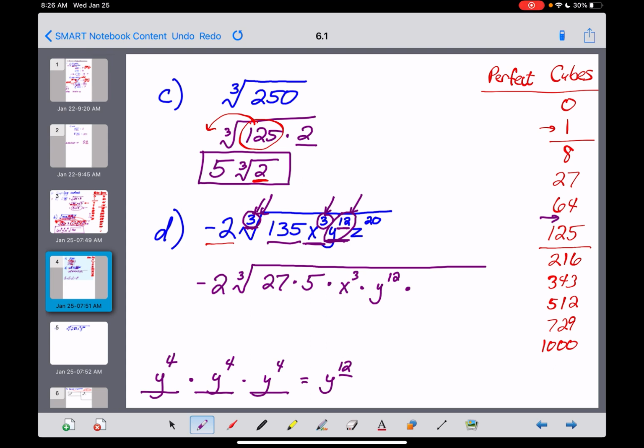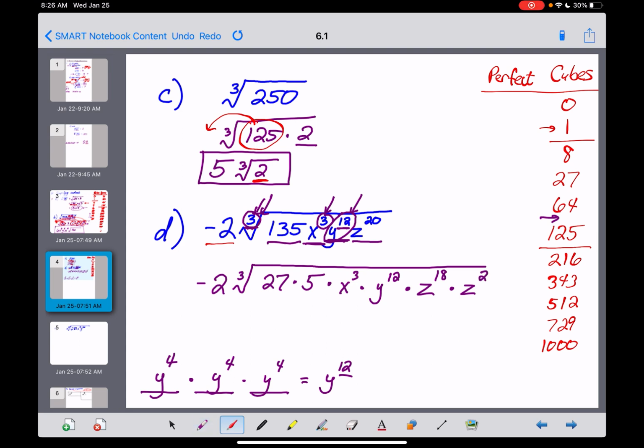Now, on to the fun part. Is z to the 20th a perfect cube? Answer to that is no, because 3 doesn't go evenly into 20. So what you need to think of is, okay, what is the largest multiple of 3 less than 20? Well, 3 doesn't go into 19 either, but 3 does go into 18. So we're going to make z to the 20th turn into z to the 18th, because that's a perfect cube, times z to the, there were 20 z's, we just used 18 of them, there's 2 of them left over,